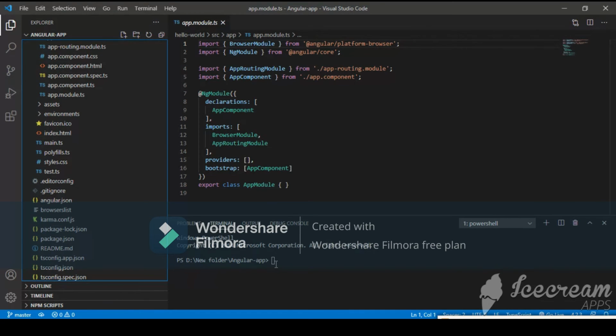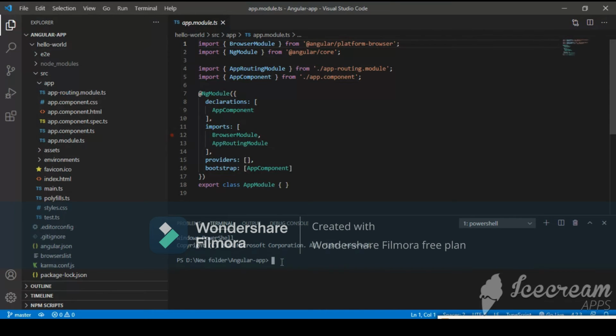Then from here I have to navigate to this project on my local host. So I'll select the path of this Hello World app. So I will type cd. I'll hit enter. So I have been navigated to my Hello World folder. Now for generating the project on port 4200, I will enter the command ng serve.